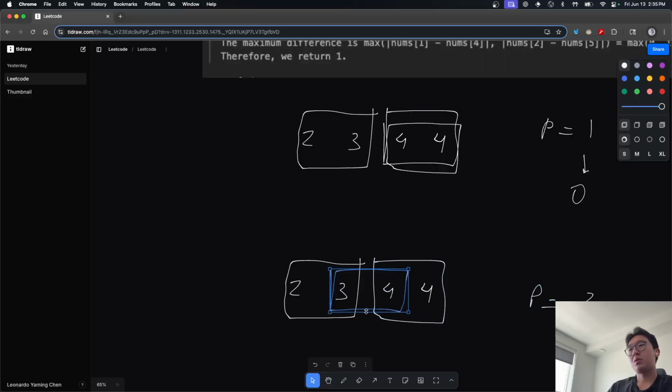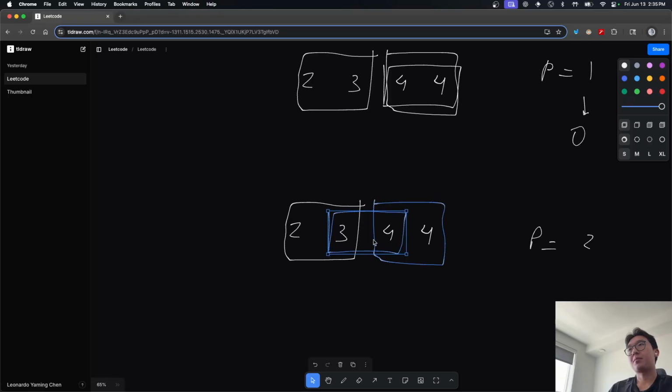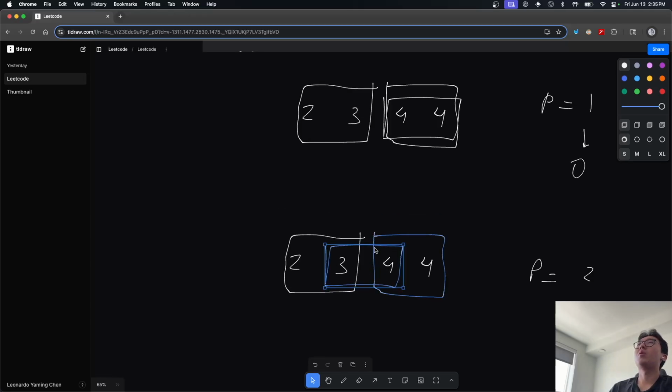P is equal to two. Who's better? Here or here? P is equal to two. We need to check